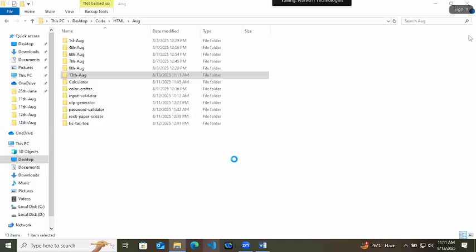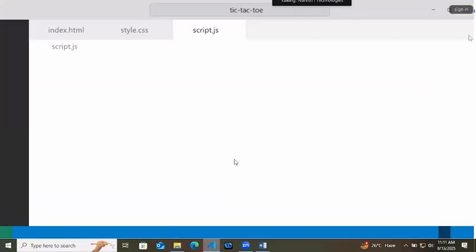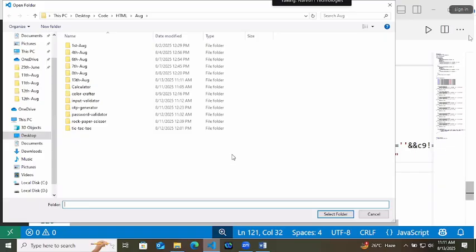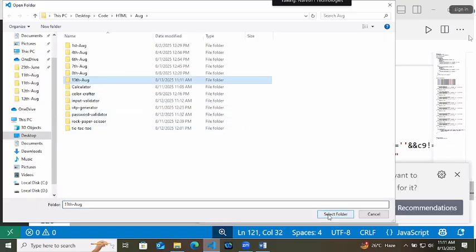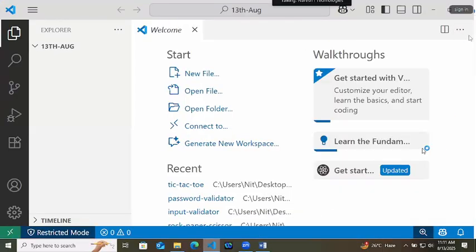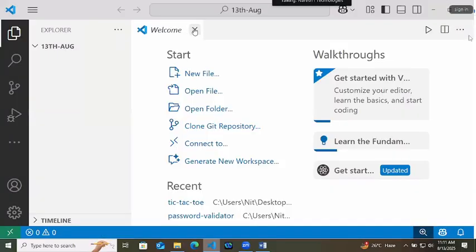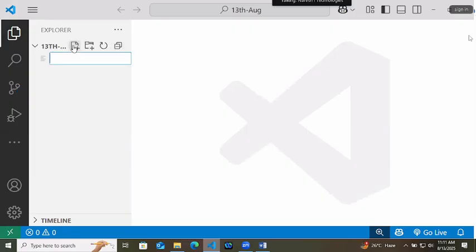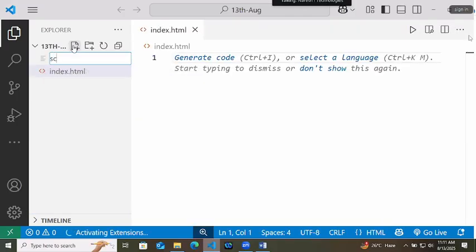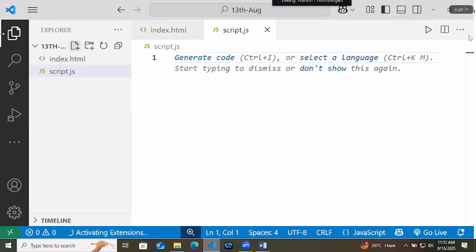Here we are going to have a very simple task: there will be one input box. In that input box, you can type a task, and if you press enter or any button, that task should be added as data. So let's say I will create index.html and script.js.